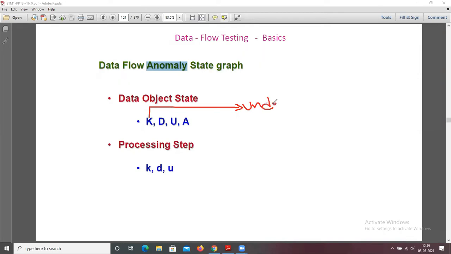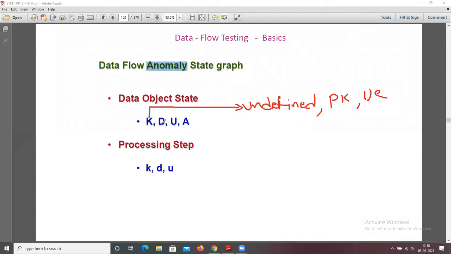K means undefined, that is, the data object is undefined, previously killed, and does not exist.